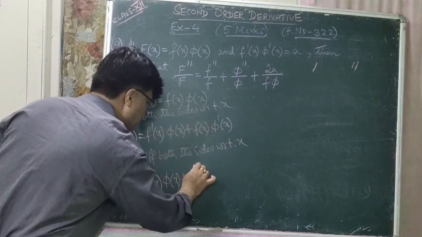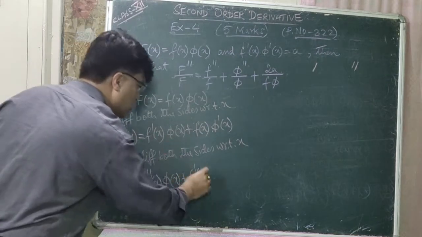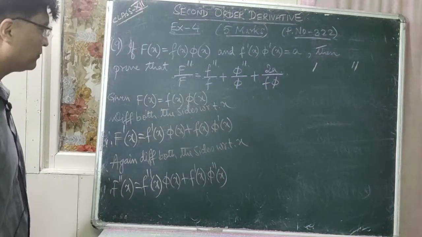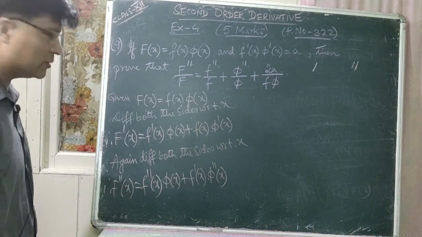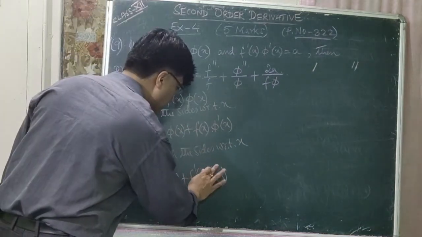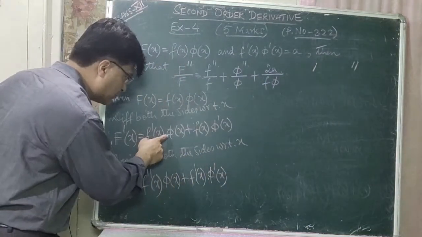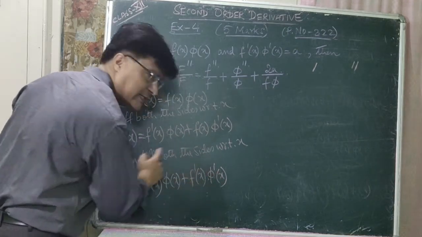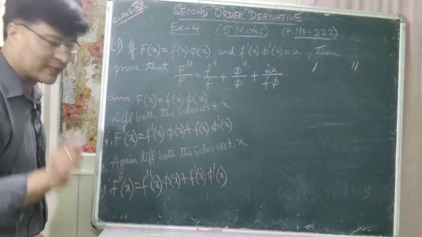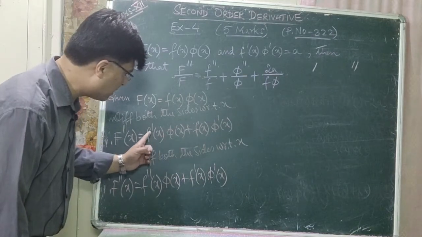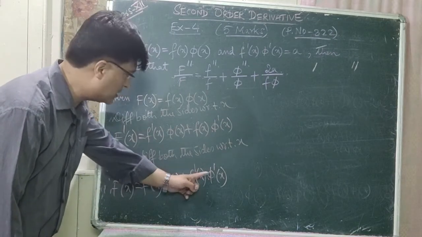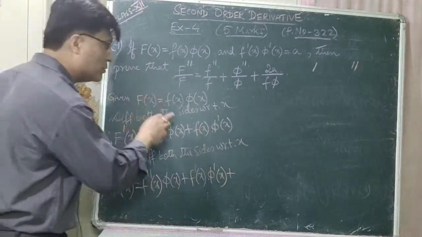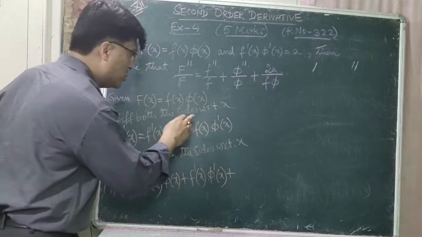First term remains the same, f dash of x. Take the differentiation of the second term, it is phi double dash of x. I think you have understood it. Oh sorry, this is phi dash of x, only phi dash of x, because you have to differentiate phi of x. So what is the differentiation of phi of x? It is phi dash x, not phi double dash of x, right? What is the differentiation of phi of x, keeping f dash of x as it is? It is phi dash of x, plus